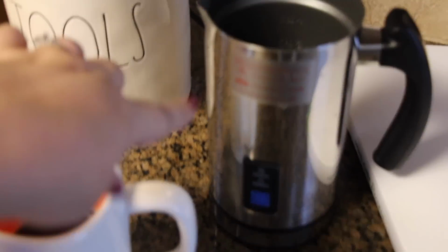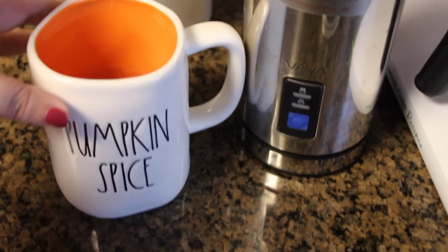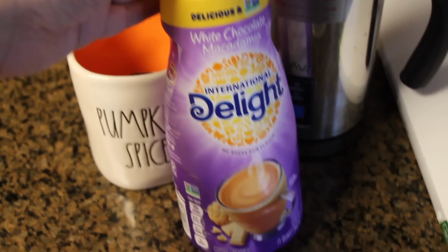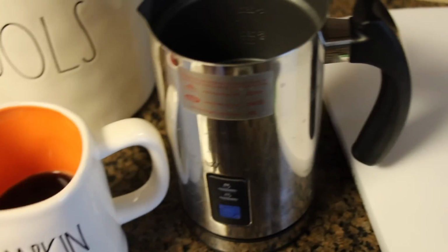Okay, I want to share with you guys this frother. So just make yourself coffee. You can use milk, you can use half and half, you can use cream. I'm just using this white chocolate macadamia. You just pour a little bit of it in,